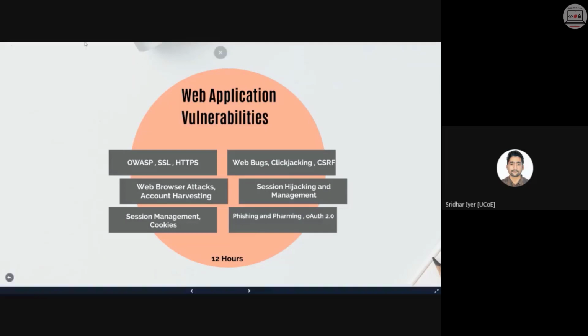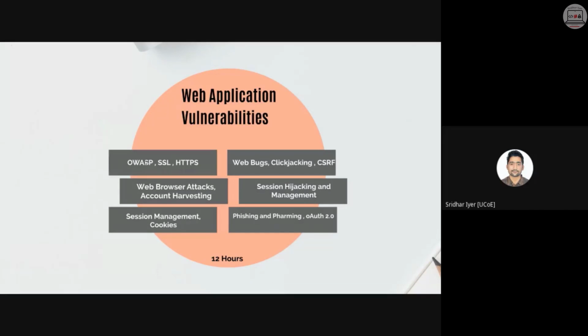You can search this. I have already asked you to search it previously also. You can search for this particular term, OWASP, Open Web Application Security. I forgot the full form. You can just check it. OWASP basically discusses all the vulnerabilities that a particular web application has. So just go through it. Let me know which of the top 10 OWASP vulnerabilities you know, and let me know if you can safeguard your machines against those attacks.